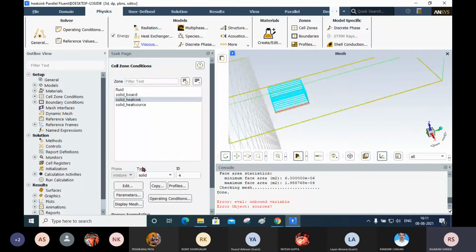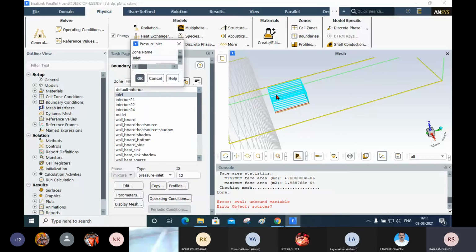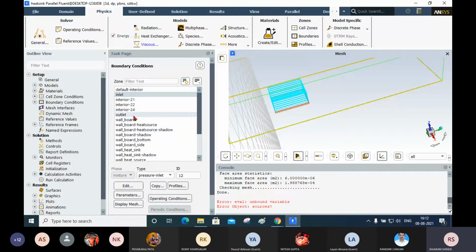Okay. After application of the boundary conditions, I will check the boundaries again. Inlet, pressure inlet, edit. Thermal is momentum. Okay, one error is there. What is that error? I will tell you. First I have added the pressure inlet. Then boundary condition is outlet.